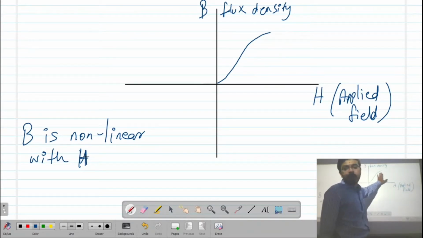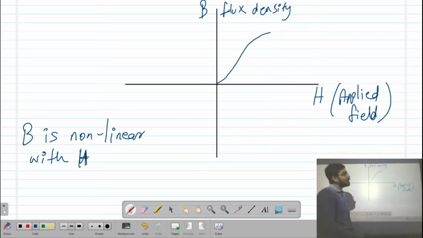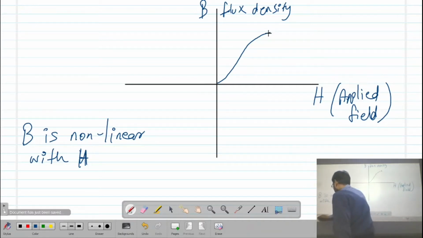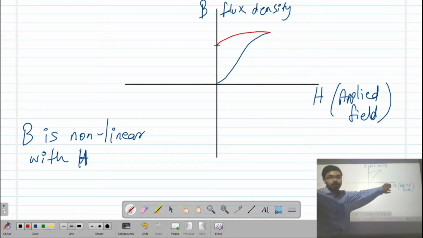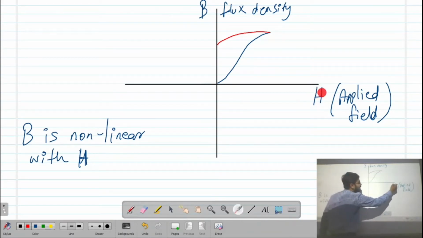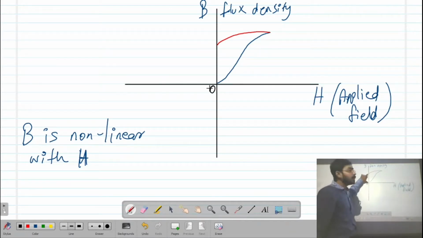Now, as you start decreasing H, you will get this kind of curve. As you decrease the applied field H to 0, without applied field also you will get this much value of B.